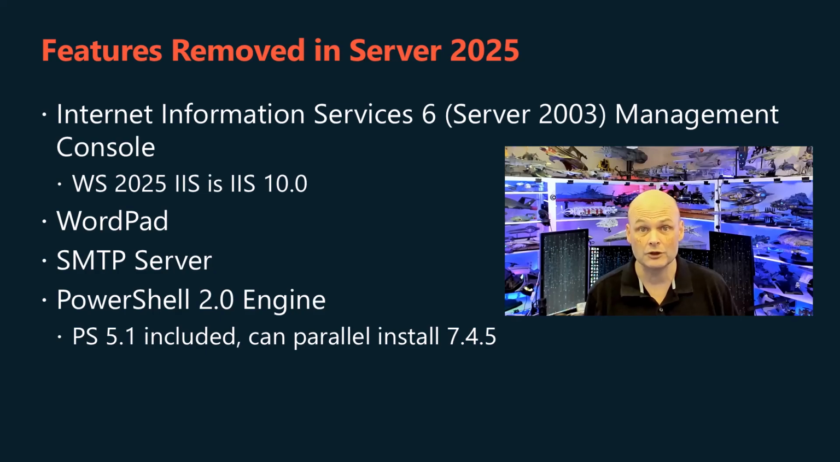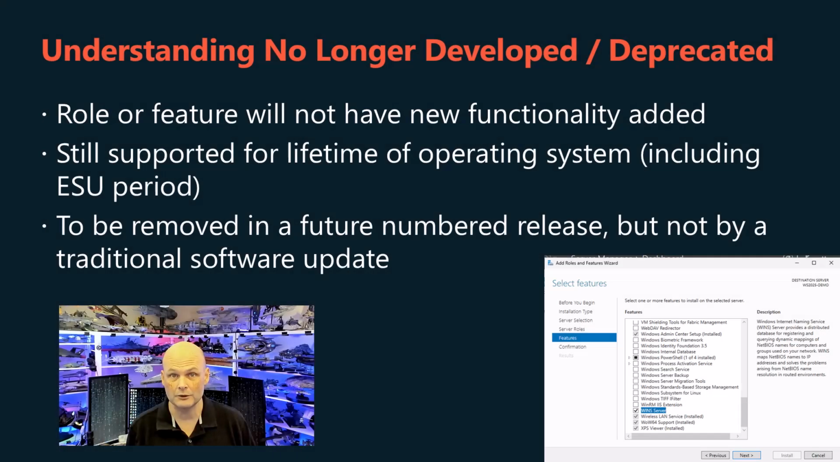Windows PowerShell 2.0 engine is removed. The default version of PowerShell in Windows Server is version 5.1, and you can parallel install version 7.4.5 using winget or the binary files. Now that we've covered what's been taken out of Windows Server 2025, let's talk about the